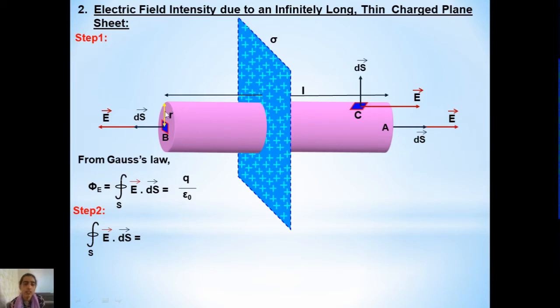Similarly, if you consider the other flat surface of the cylinder, let us assume it is B. If you consider a small area over here, the normal drawn to that surface gives the direction of that area, represented by vector ds. And what about the electric field intensity? Obviously, here also it will be in the outward direction, since this charge sheet is positively charged. Therefore, the electric field intensity and the area vector both act along the same line. Therefore, theta is equal to 0 degree at surface B.